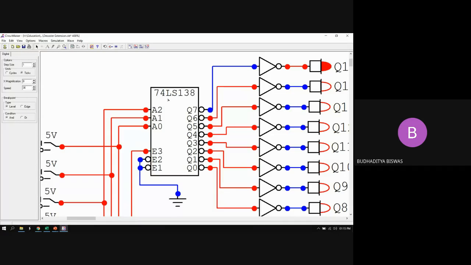But in this 74138, this is called the active low output. Active low output means here Q0 becomes low and all the other outputs become high. So it actually does the reverse processing, due to the presence of the NOT gate at the output. It's a kind of reverse logic. Normally for 0, 0, 0, Q0 should be high and all the other outputs should be 0. But here, due to the NOT gate, it produces the reverse. Q0 becomes low, all the other outputs become high. So that's why I connected a NOT gate every time. With both NOT gates, it becomes positive and shows according to the conventional input.